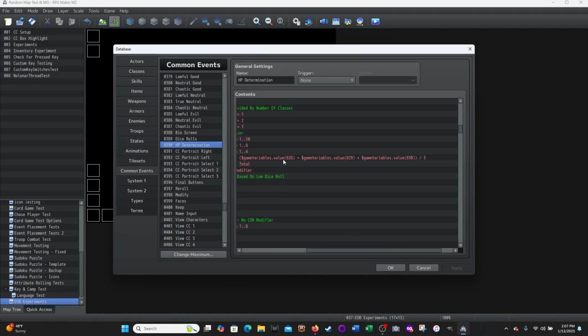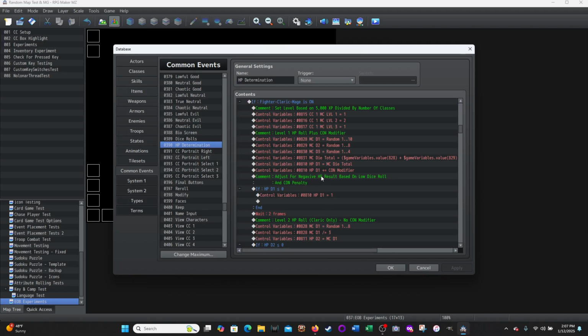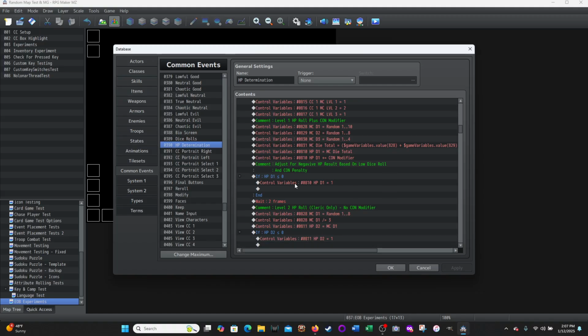So here we go. You're adding variable 828, 829, 830. That's in parentheses, so this addition is happening first. Then you're dividing by 3 instead of 2. Okay, not too hard. This stays the same. HP die 1 is set to MC die total, and then to HP die 1 you're adding the constitution modifier variable. And then you're checking to make sure it's not equal to or less than 0. If it is, you're going to set it to 1. Okay, now